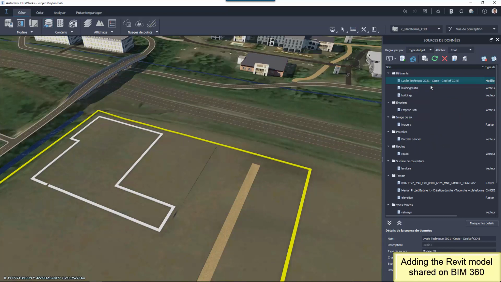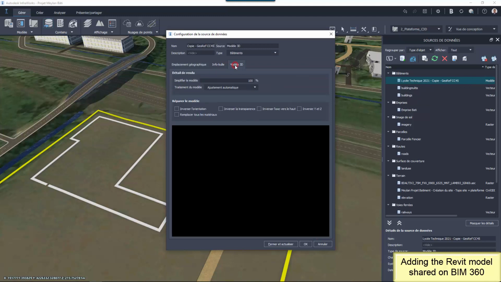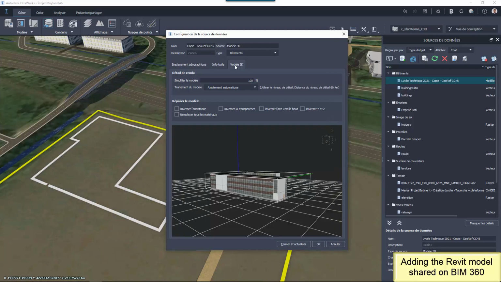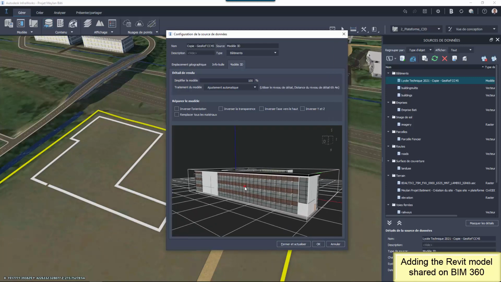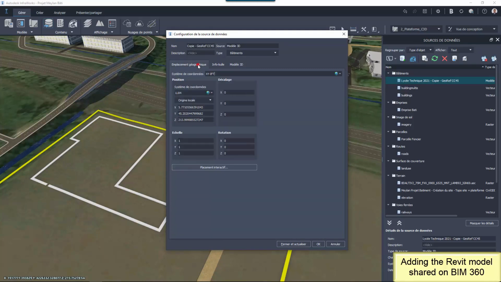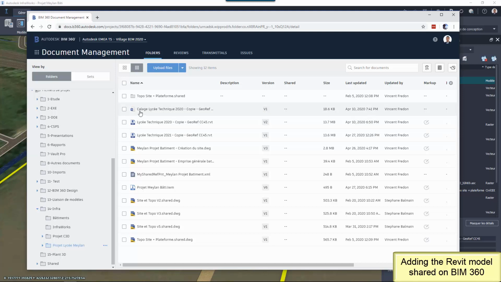In the configuration panel, it's recommended to pre-visualize the Revit model to check that InfraWorks read it correctly. The specificity of this manipulation is that the Revit base point coordinates must be added manually to get the building model on the correct location.